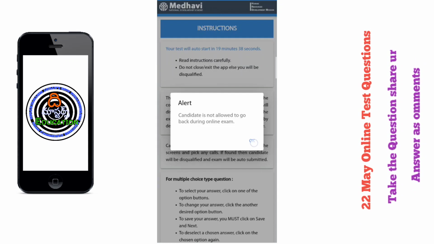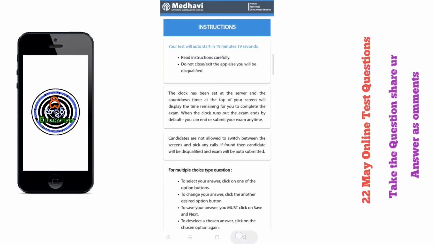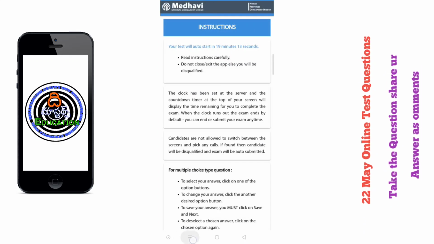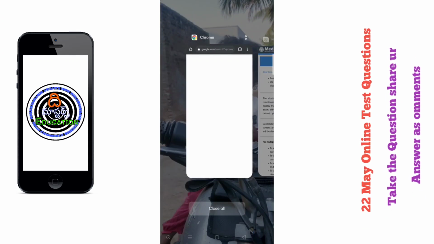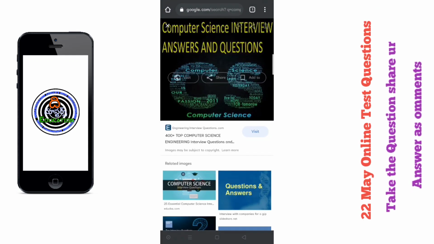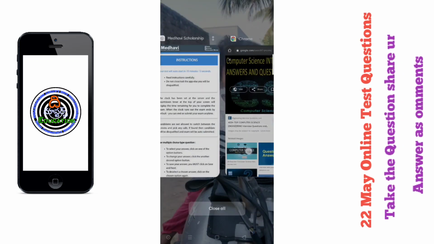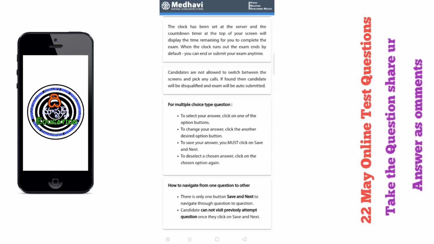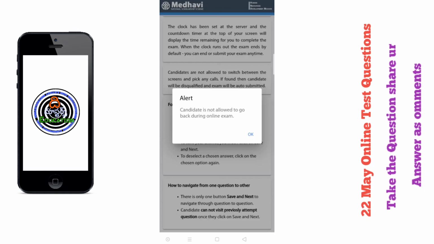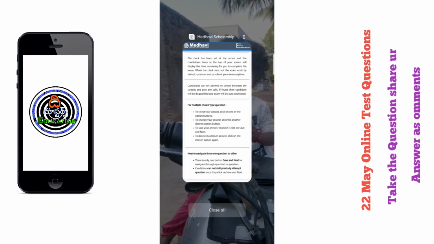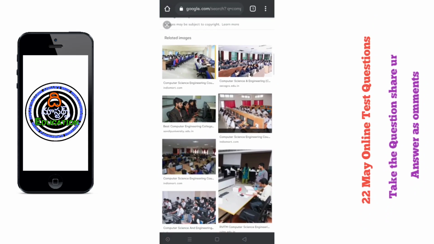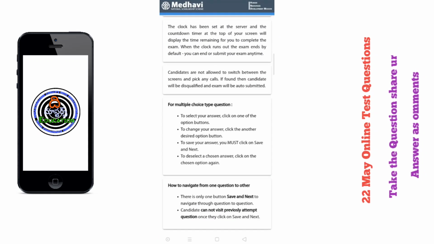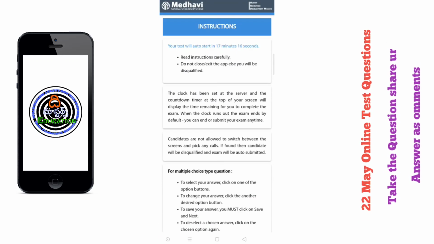Once you log in to this examination, we don't have any opportunity to open a new tab. If you open another tab, they will not accept your exam. So don't open another tab at the time of the online examination, and be careful. Don't try to search these questions online during the examination. Time is counting and your screen recorder is also enabled. That's why you should not try to search these question answers in Google or any other browser.